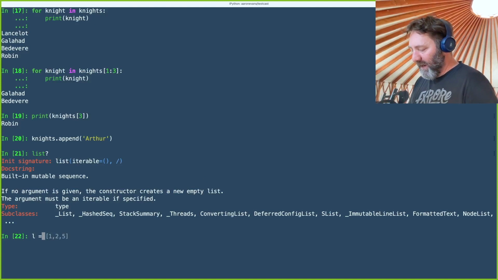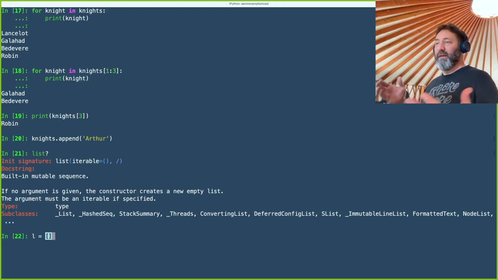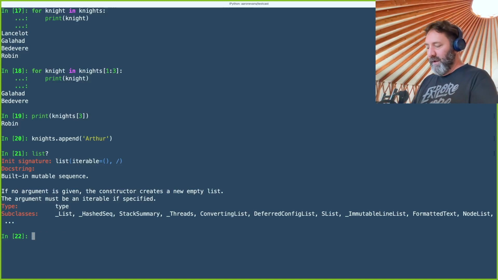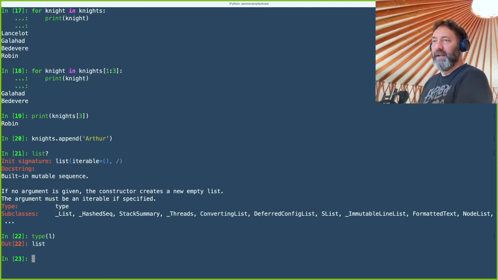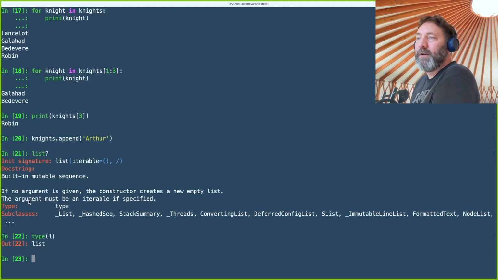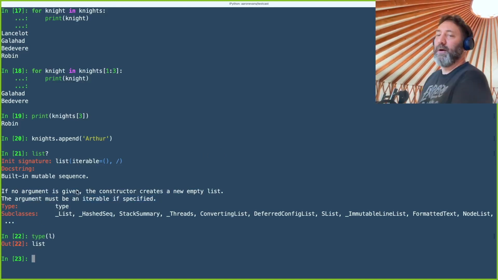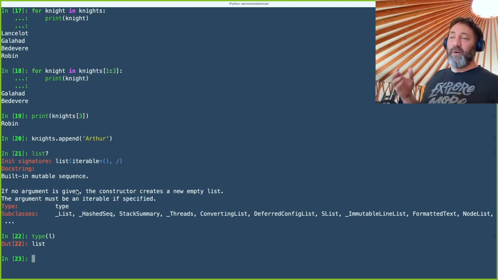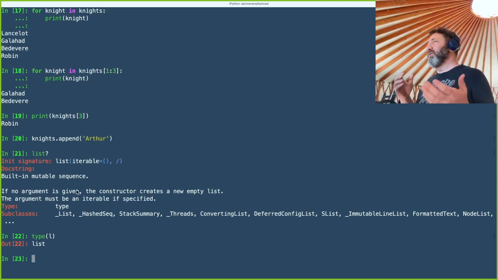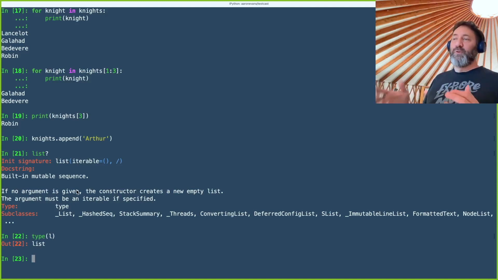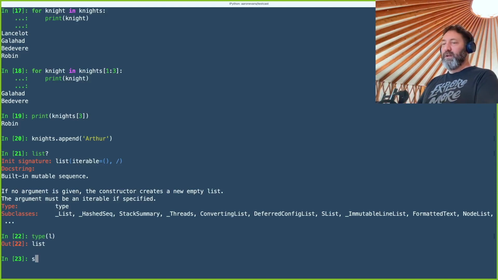That's when I did L equals bracket, bracket. That creates a new empty list. And we saw that when I did a type of L, and it said list. The argument must be an iterable if specified. And an iterable is a list or some other type like that, a list or a dictionary or a tuple or a set. It can convert between those,